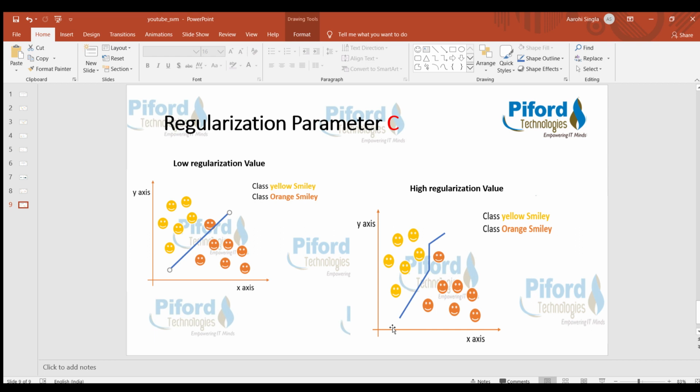So in conclusion, we can say that SVM classifies two classes by choosing the right hyperplane, and we have kernel tricks to handle non-linear data, right? And one more important thing to know: SVM will offer you high accuracy compared to other classification algorithms like logistic regression and decision trees.